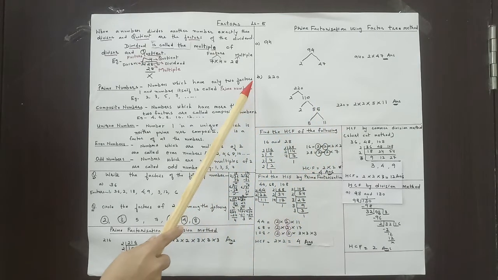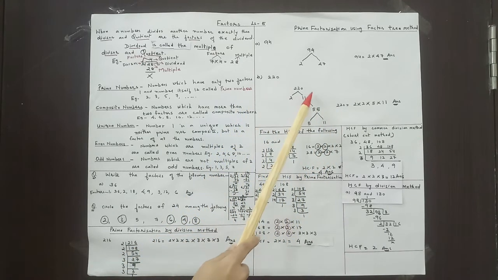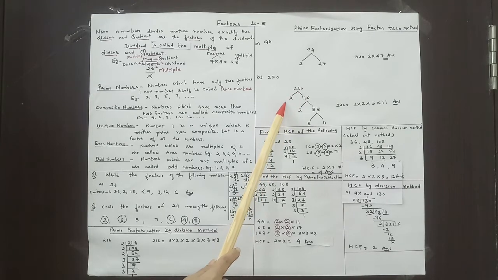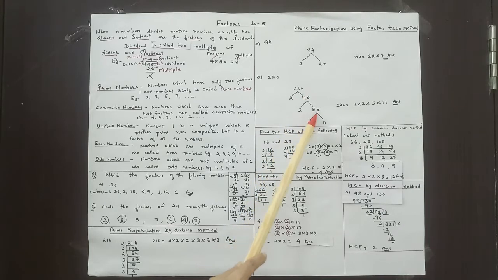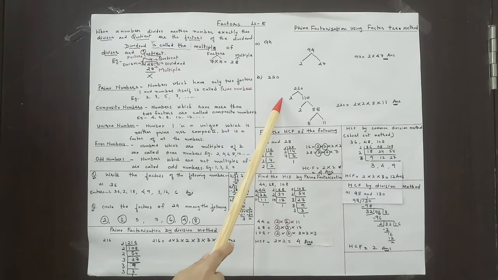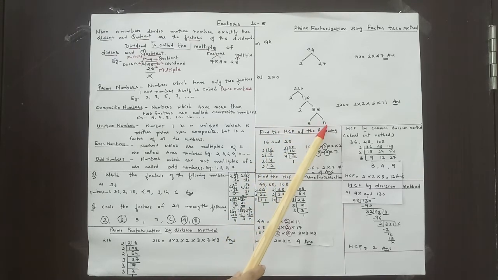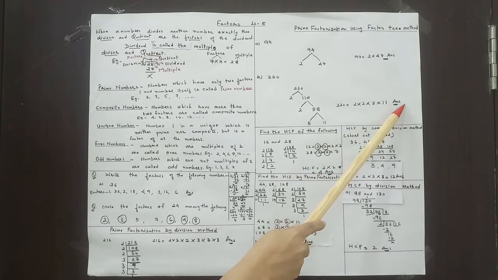The next question is 220. Now 220 again we will divide by 2. 2 ones are 2, 2 ones are 2 and 0 will be like that only. Now we have got 110. And now 110 will be divided by 2. 2 fives are 10. 1 will go here. This will become 10 and 2 fives are 10. Now it is 55. Now we cannot divide 55 by any other number except 5. 5 ones are 5. So we have the factors 2 into 2 into 5 into 11. And that is your answer.